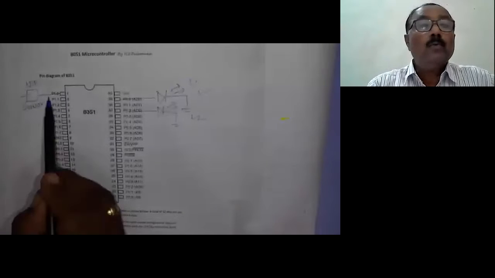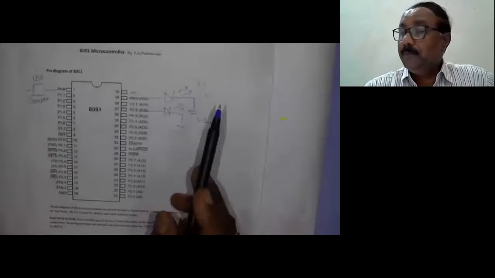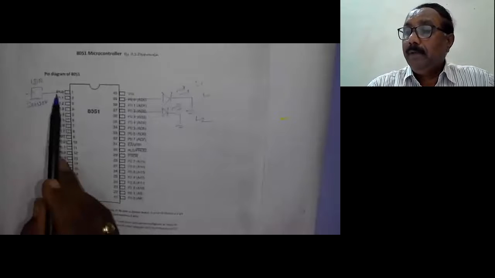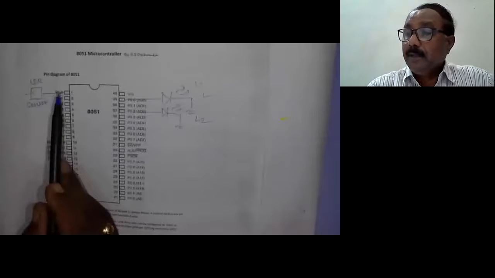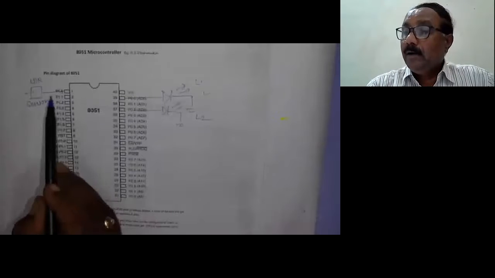And what does the microcontroller have to do? When this sensor output is high, it has to make LED L2 high. L1 is always in blinking position. So after execution of every instruction, the microcontroller will look towards the pin P1.0. Is this pin high? No, then L1 will be blinking. And when this P1.0 pin is high, L2 will become high. This method is known as polling.